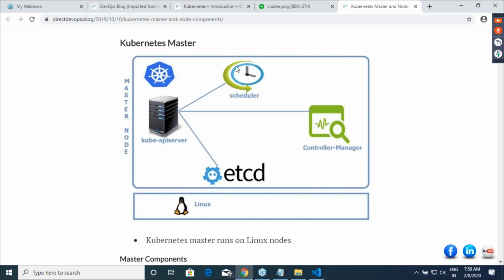If you want another cluster or another server to do the same job, it should know what has happened in etcd there. So if you want to make your Kubernetes highly available, what is it that you are trying to do? You are trying to make 2 etcds have the same data.